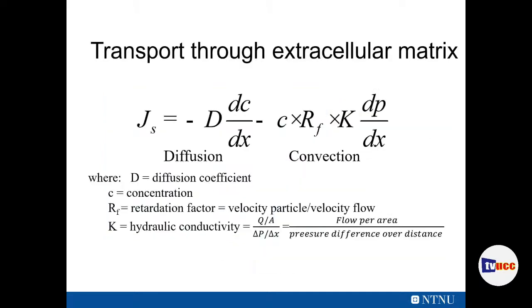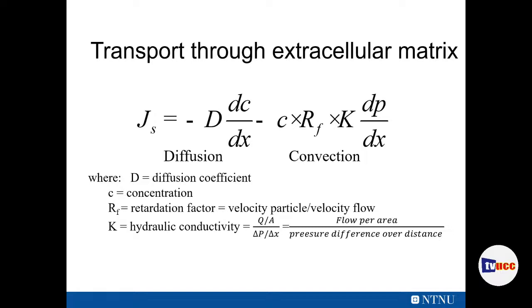And then if we look at the equation now for a flux through the extracellular matrix, just look at the one-dimensional flux, we have a diffusion, then with the diffusion coefficient and the concentration gradient. We have the convection, where we have the pressure gradient and K is called the hydraulic conductivity, which is a parameter that says something on how easy water can flow through the tissue. And then we have the retardation factor, which is the ratio between the velocity of the particle and the velocity of flow. But as I've now told you,